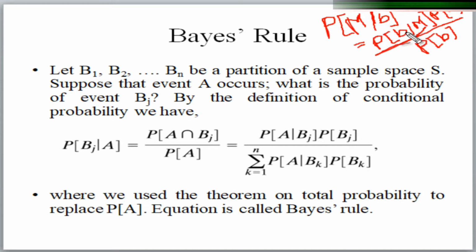What is the probability of a male, given breast cancer? It is the probability that a person is male and he has a breast cancer, multiplied by the probability of male. This is the chain rule we have discussed previously, divided by the probability of a breast cancer. Okay, this probability of breast cancer can also be written from this formula. This can also be written as the probability of breast cancer is equal to